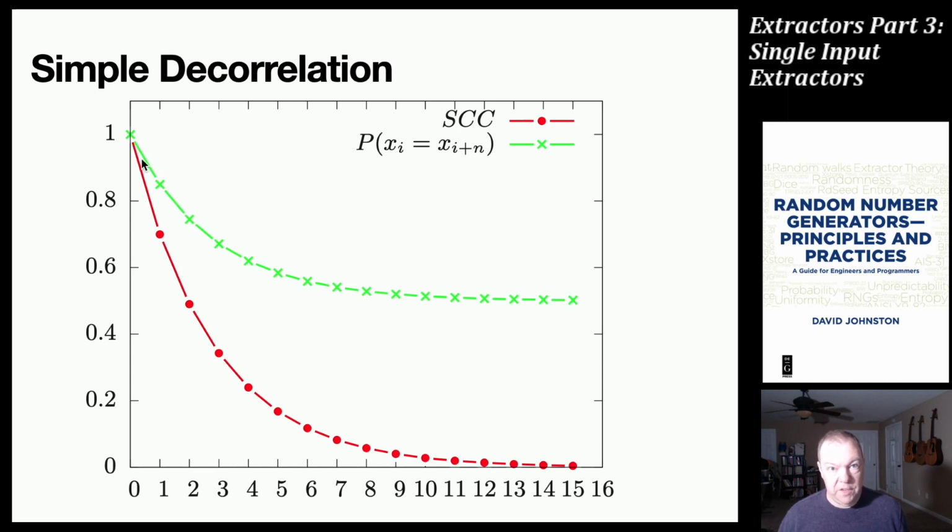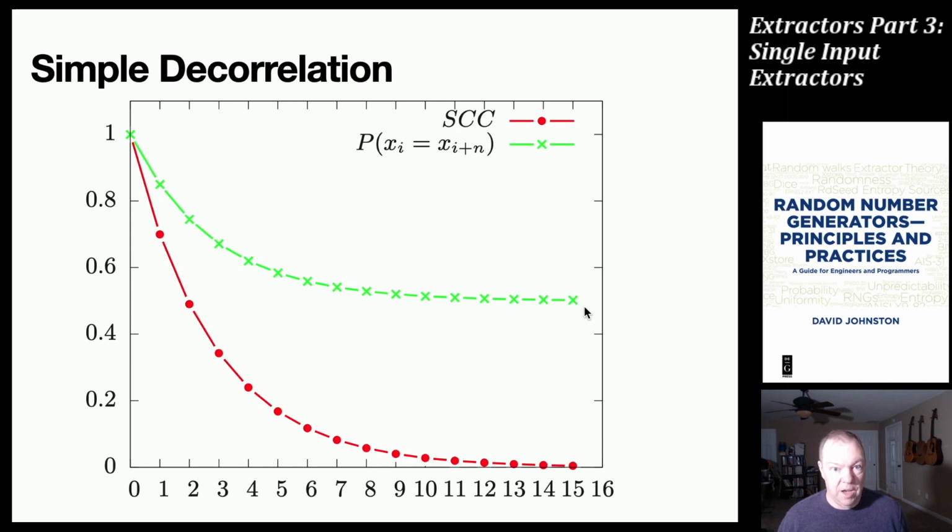And this is for positively correlated data. If it was negative, it would be hopping up and down. So this is a nicer graph to show this with positive serial correlation. And you can see that that probability is about 0.85. And then this turns down to about 0.74, I think, and it keeps going down and asymptotically approaches 0.5,